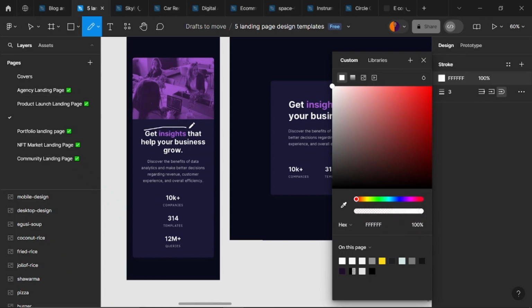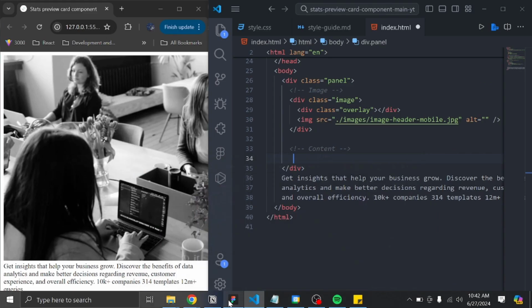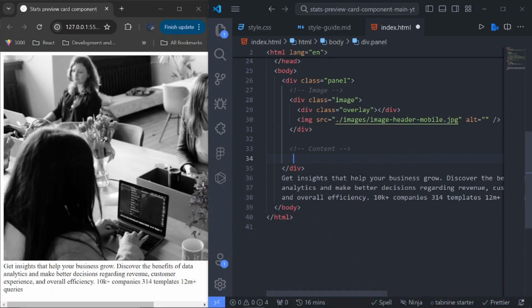Okay, so inside this div right here, you can still break it down into this part can be the title, and this section here can be the starts section, which we're going to do, but both of them are inside a single div. So we'll call this div content,